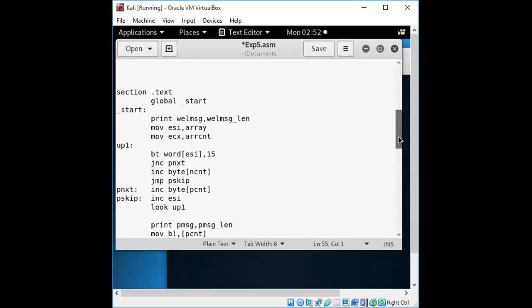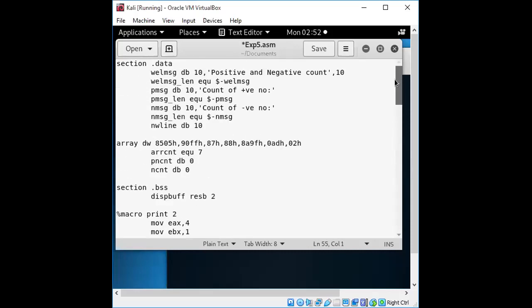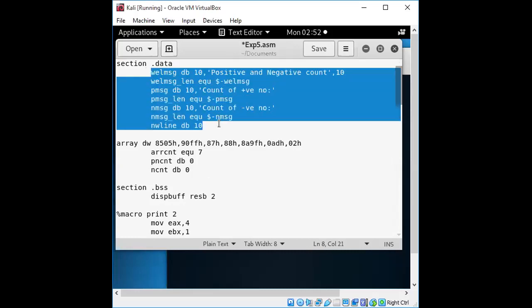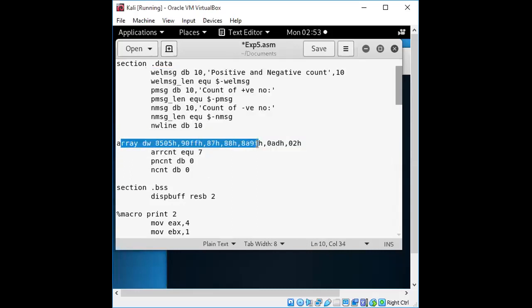Try to get the meaning of what we have done, because it will be easier if you get the things. First we declare the part of what we want to display, that is the positive, negative count, some messages if you want to get, so that we have done. We have taken some array values. Initially I have taken a combination of checks with this because it will be having a few negatives after conversion. So after converting it into binary form, let's take an example.